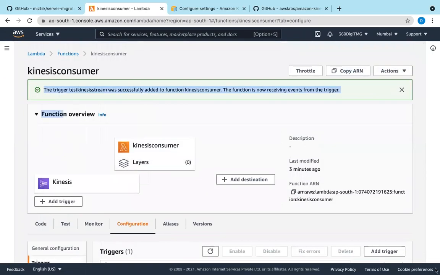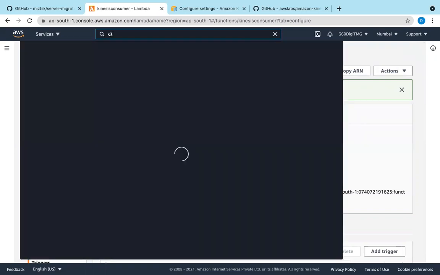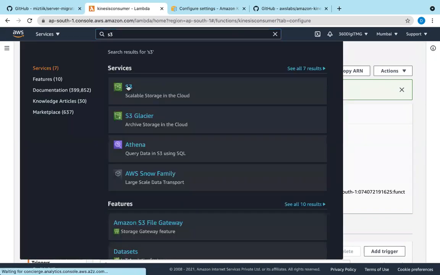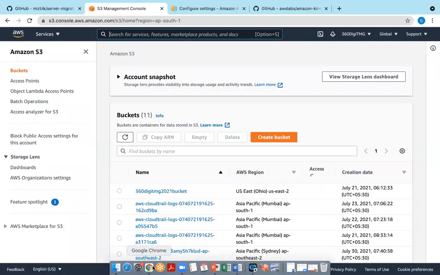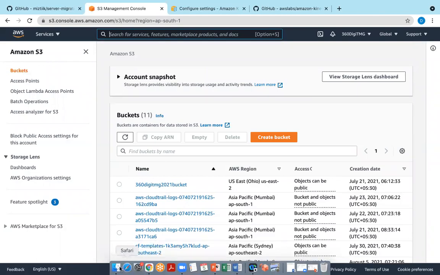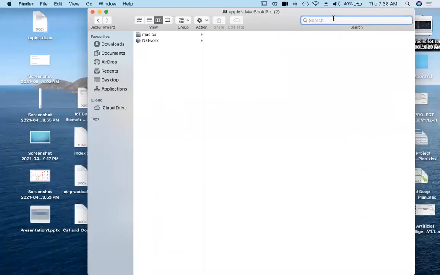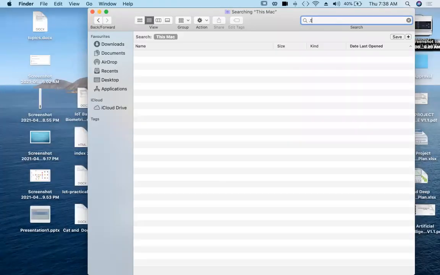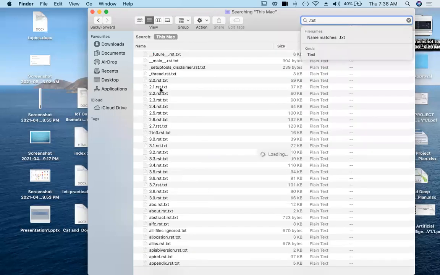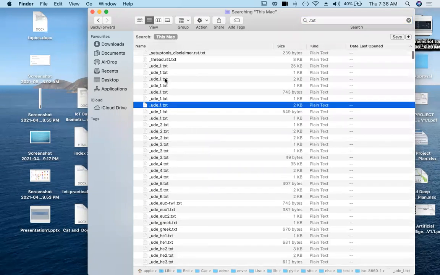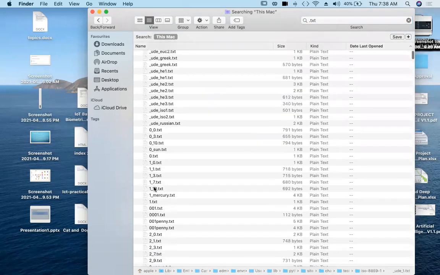Now let's go and upload an object in the S3 bucket. We'll check for .txt files. Let us copy this.